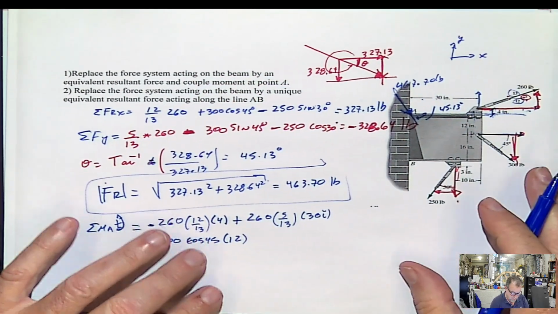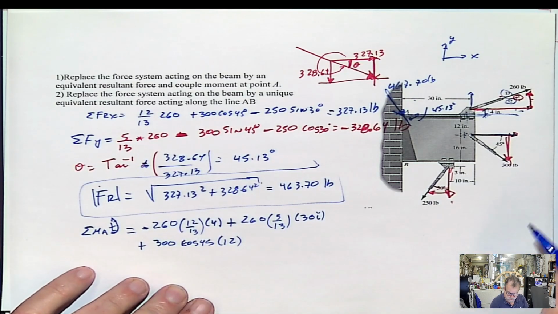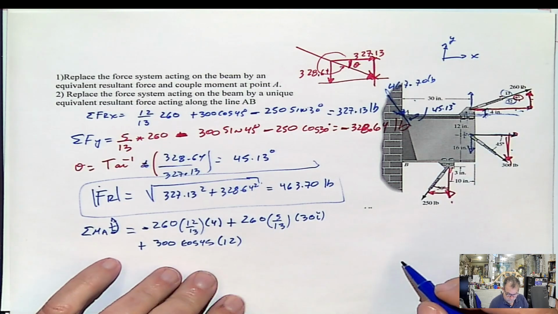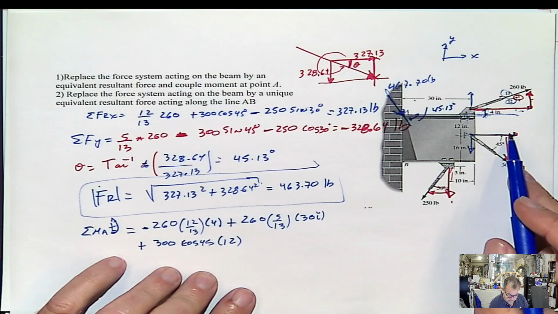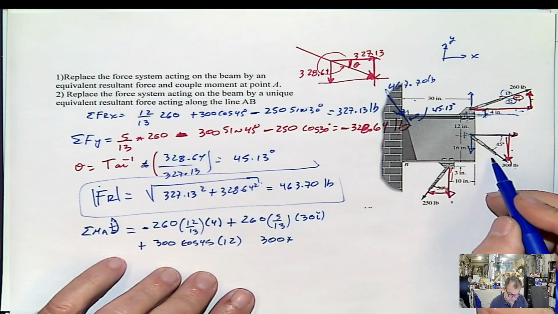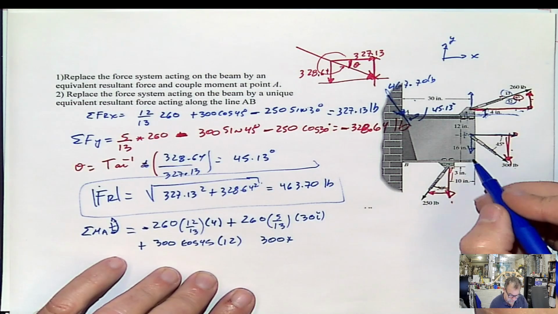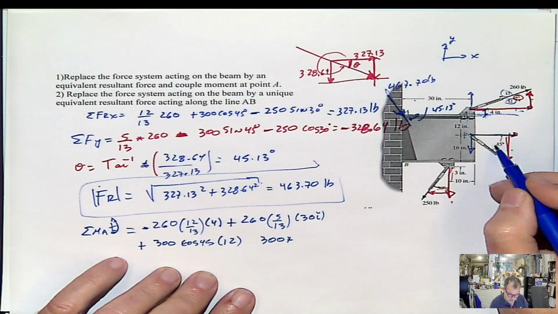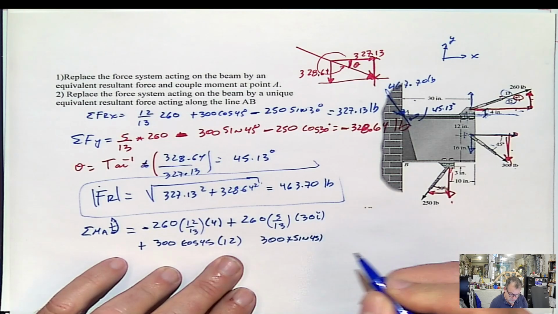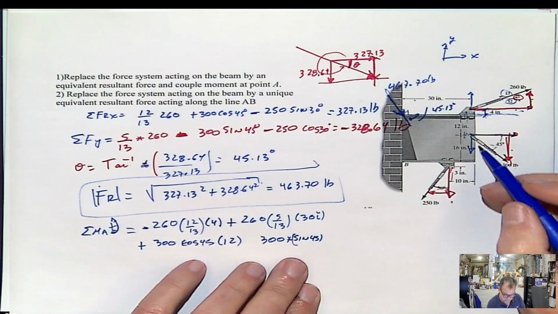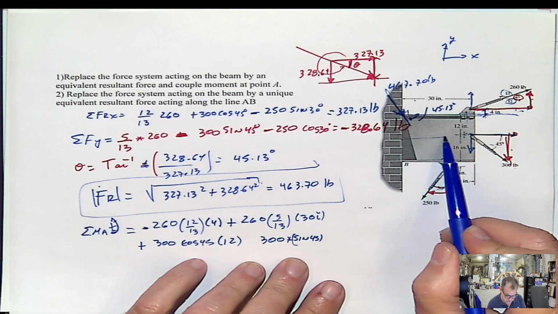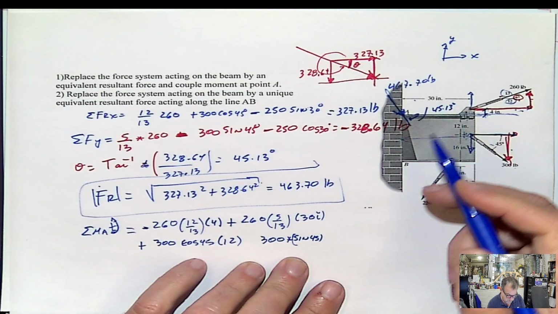It's going to rotate counterclockwise, and counterclockwise is positive. This component will be 300 multiplied by sine 45. Sine or cosine is the same here, but I just want to keep this as the angle. And that force is vertical, so the distance must be horizontal between this point and the point A. This is the distance, which is provided as 30